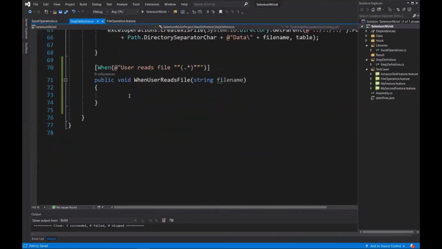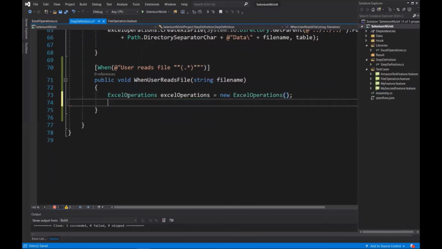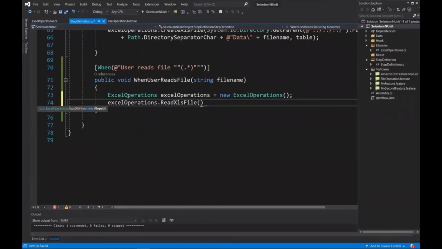Now let's go back to the step definition class. So here we'll create the object of ExcelOperations. ExcelOperations equals new ExcelOperations. And now we'll call the function to read the Excel file. Just write ExcelOperations.ReadXLSFile, then provide the file path.